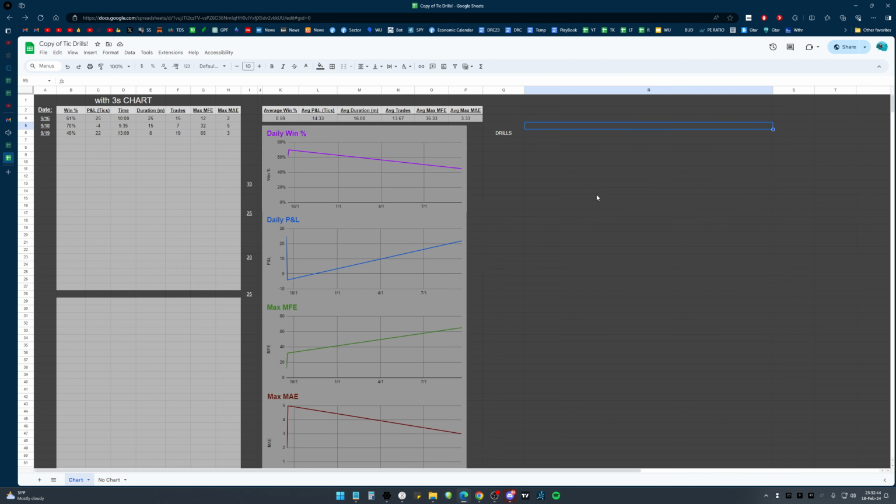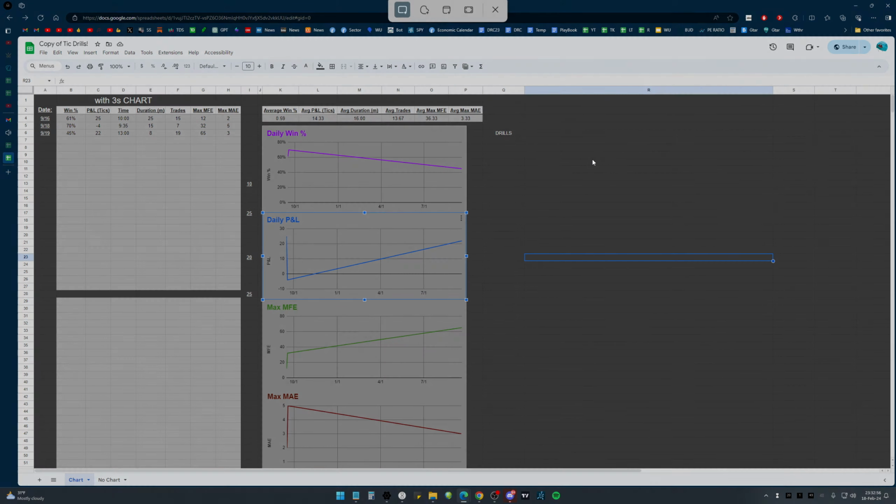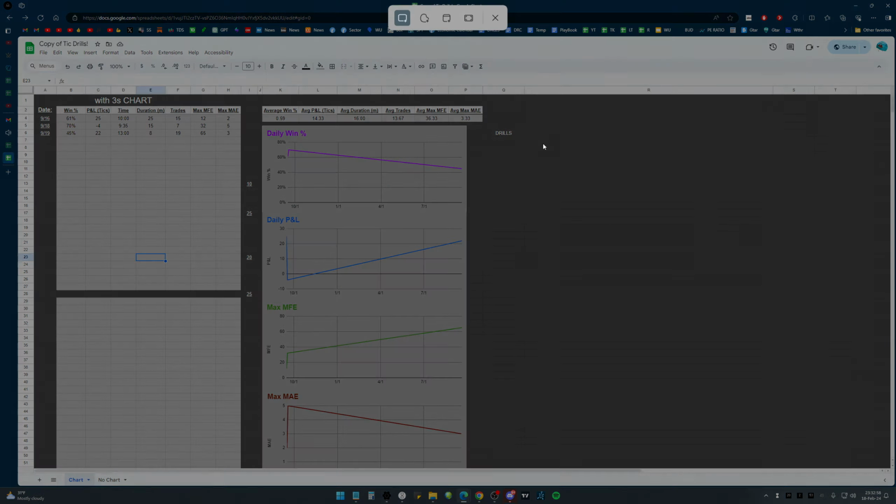I'll list all the different drills here, but I'll also link in the description this little spreadsheet I have to track your drill progress. It averages out all your statistics. But yeah, let's get right to it. So one type of drill I do